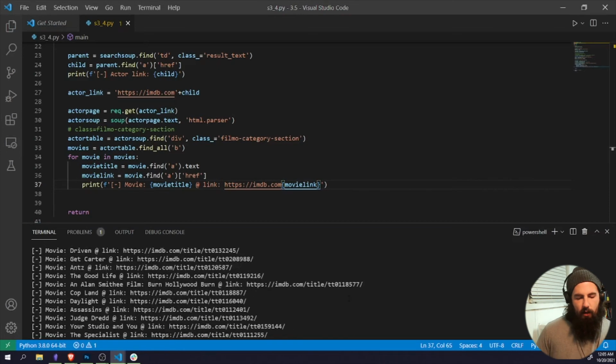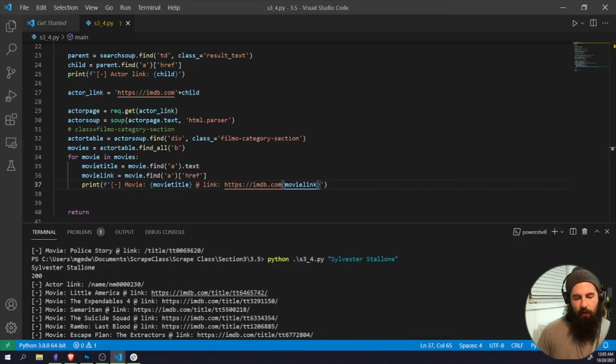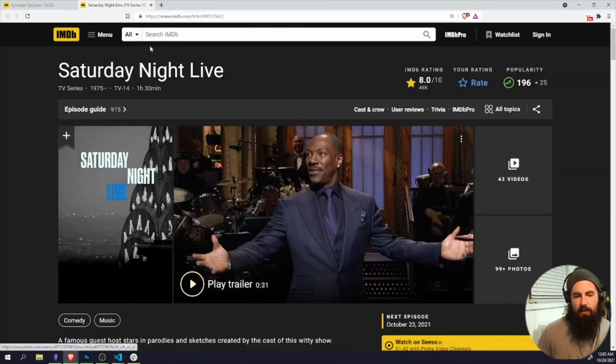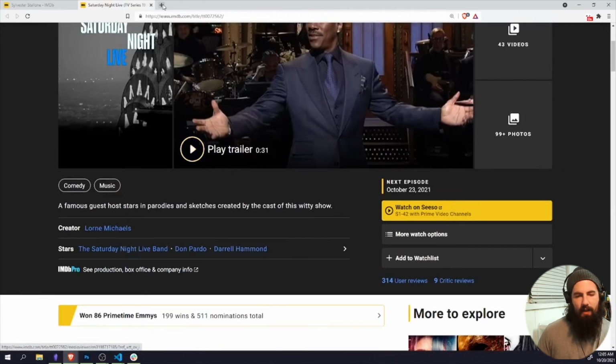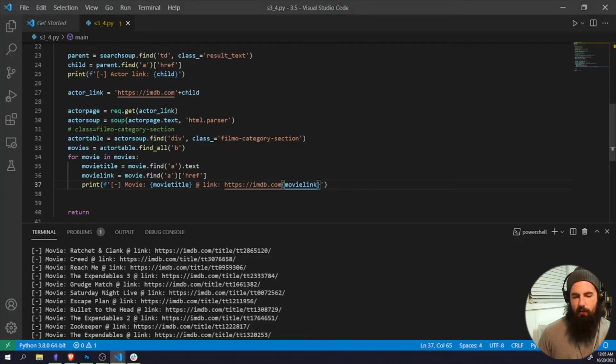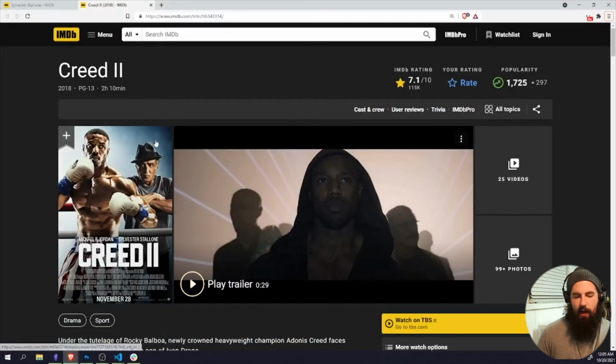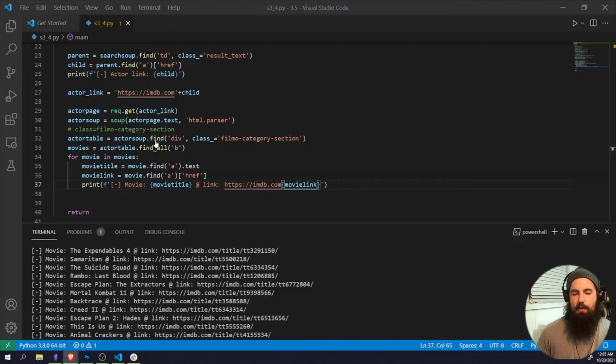So this is in the same order that it is on the page. Let's go to Saturday Night Live right here, and if we pull that up, it pulls up Saturday Night Live. Not super useful since this is obviously a huge series. Let's pick another one. Let's do Creed. I saw Creed 2, great movie. So let's open that up, Creed 2, and it pulls up the actual movie. So we are successfully grabbing the actor's filmography with like 37 lines of code automatically,